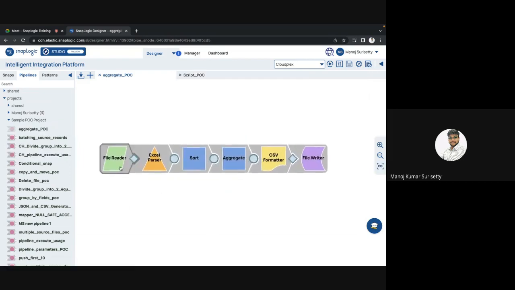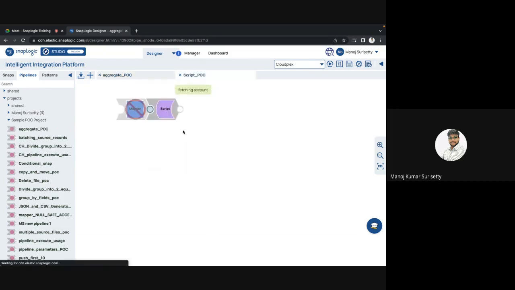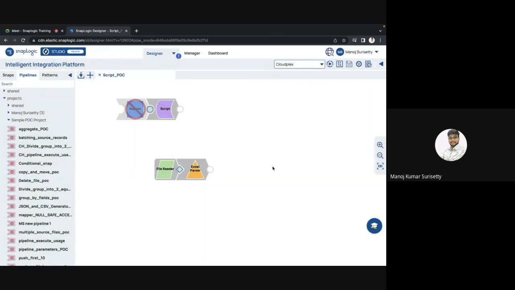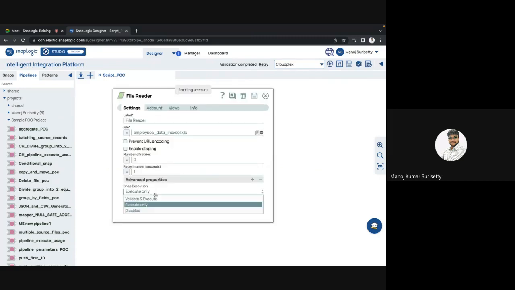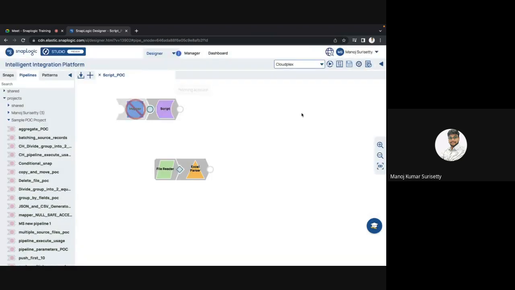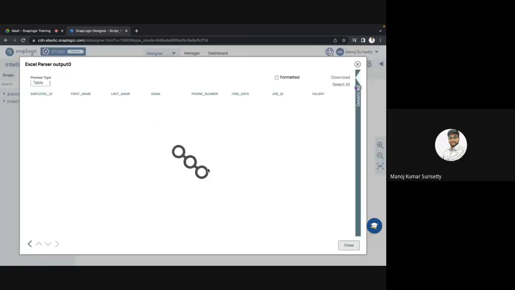Let me take a look at this. What is the file I have closed? Okay, right. So if I execute this, I will be having the records. So now